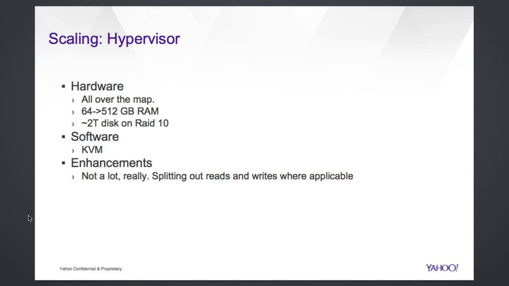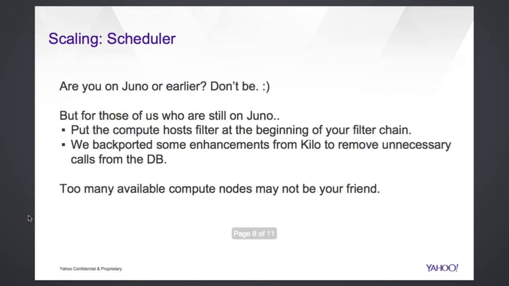And then enhancements, nothing really specific. Most of it comes down to the stuff I touched on before with splitting out the database and the message queue reads and writes. So the scheduler tends to be the thing we break the most. My advice is if you are not on Kilo or above, don't be on Kilo or above. If you are like us and you're still back on Juno and you're planning this great leap forward, what you can do in the interim is